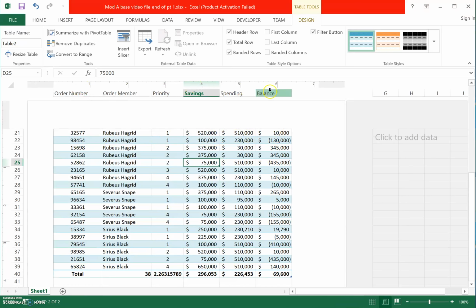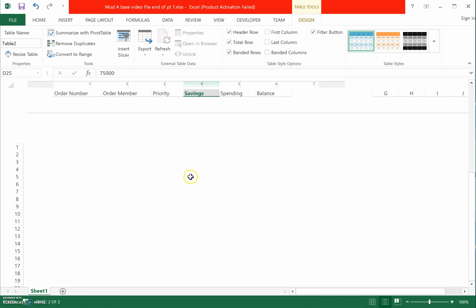This is here only because this is Excel, it's a computer program, but if I print this out, I don't know what these things mean. Is this a savings or is this a savings? Which one is which? So what we do is once we have it this way, we go up to the top,